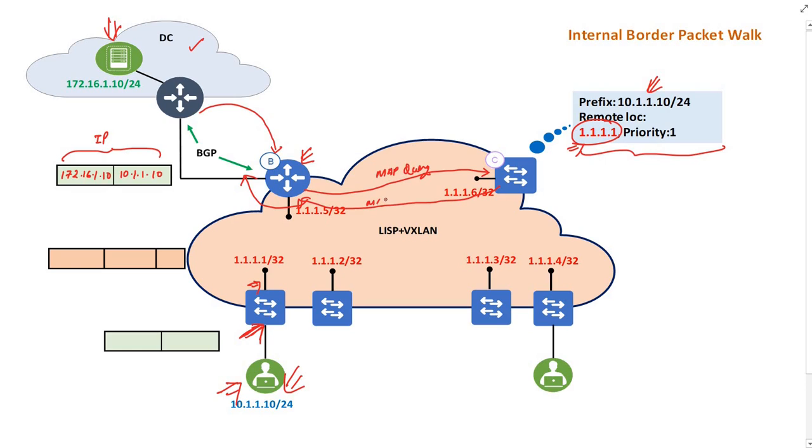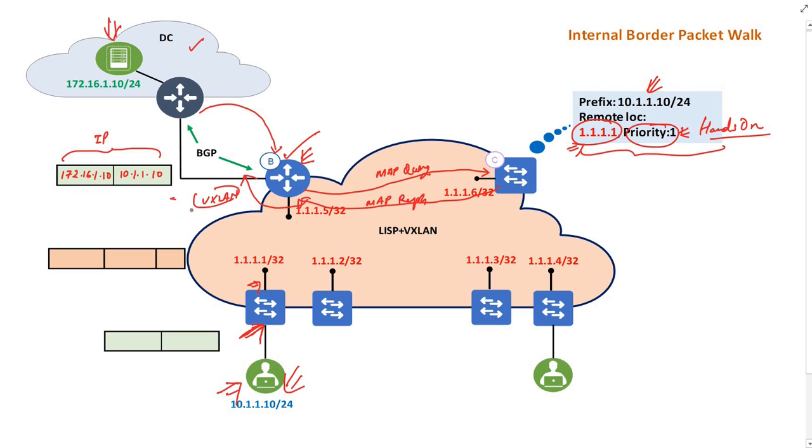For now, let's leave the priority field that I mentioned here, this priority field. We will discuss this in our hands-on SDA video series. Now border node has all the information to forward the packet. Border node will slap the VXLAN header on the IP packet it received from the server and encapsulates it into